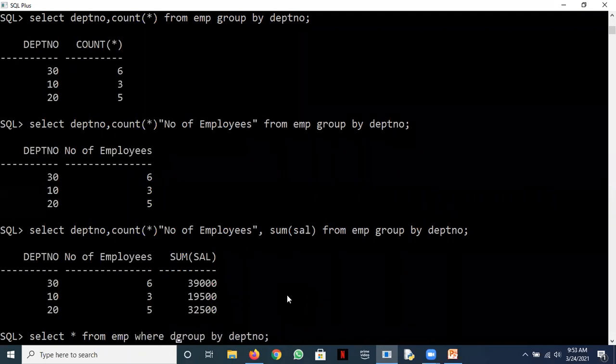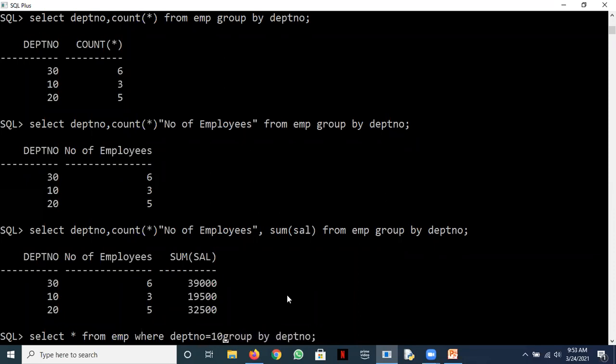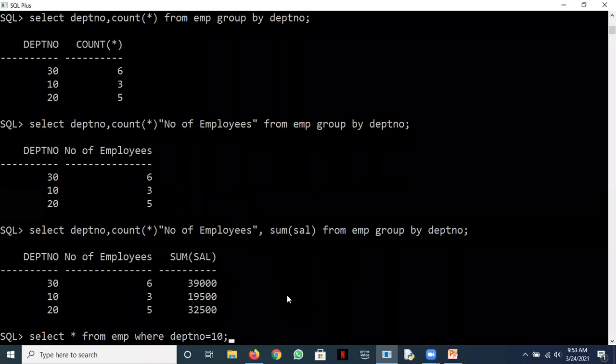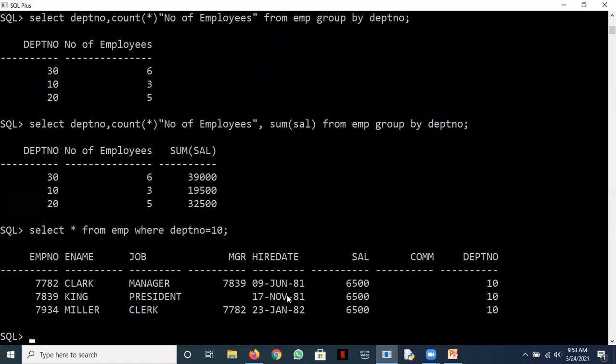We have just listed the grouping. So department 10 says 3 employees and total salary of all the employees is 19,500. You can total it: 6,500 plus 6,500 plus 6,500, that is 19,500. So that is the strength of group by.